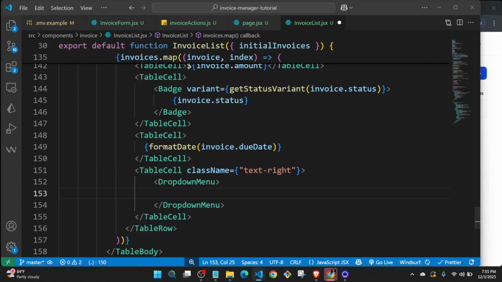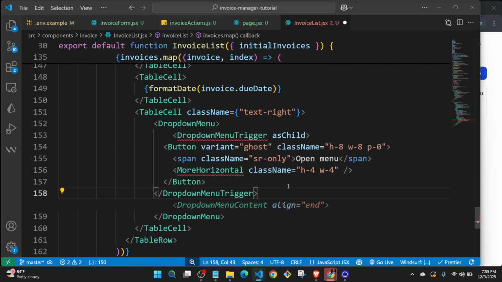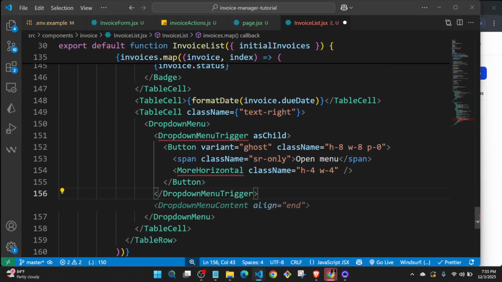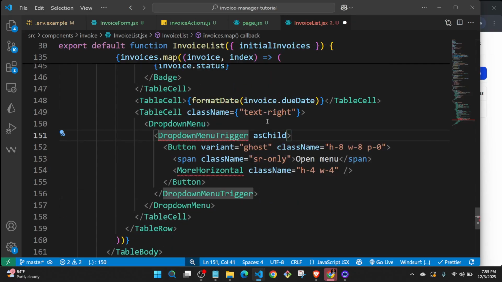So just to save time, I'll be bringing in this stuff in bulk, so that I don't have to type something that you're going to copy from shadcn anyway. So I'll bring this first one in. So what we have here, let me format it, is we have a drop down menu trigger, which has this as child prop, and then inside of it we